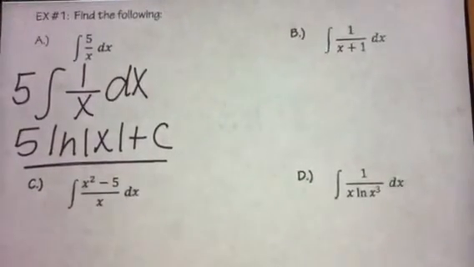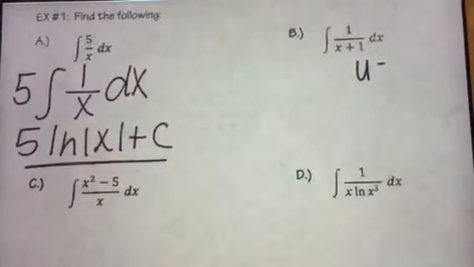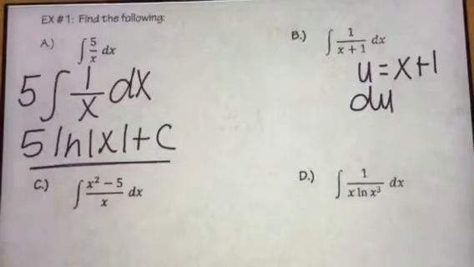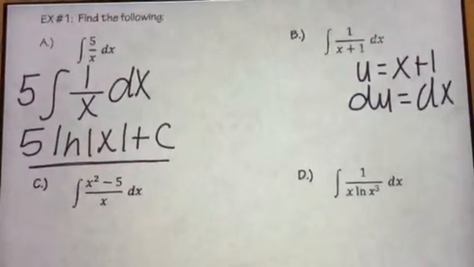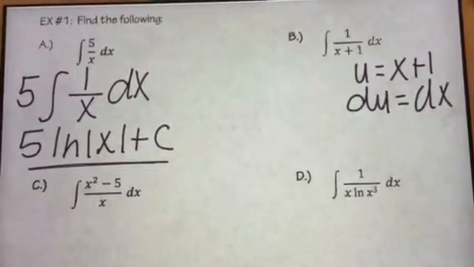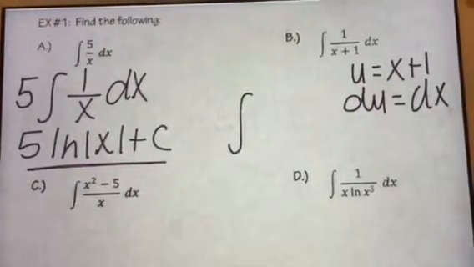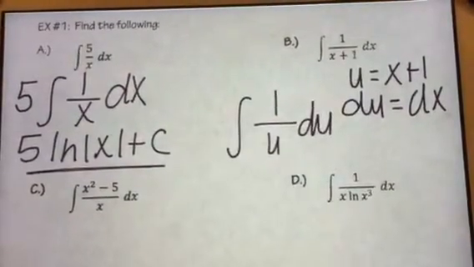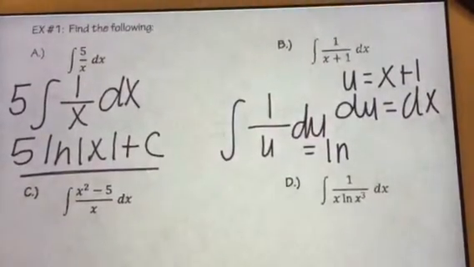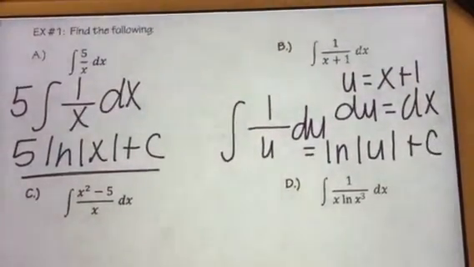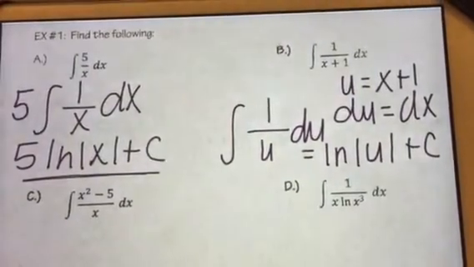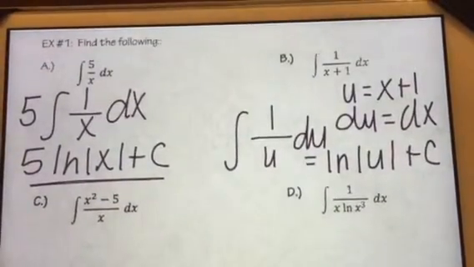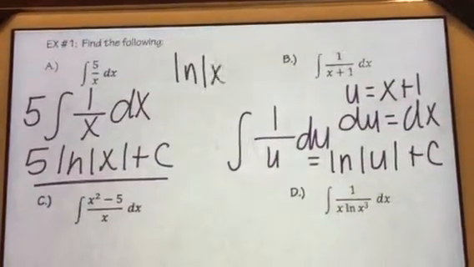Now if you look at example B, you have u, because we got to do u substitution, as our denominator, so x plus 1, and du is just dx, which we have 1 dx already within our integral. So if we rewrite it, 1 over u du, and if you look at the notes, that simply means ln of the absolute value of u plus c. Don't forget to replace u with what you had originally had. So that's really ln of the absolute value, let me write that up here, ln of x plus 1